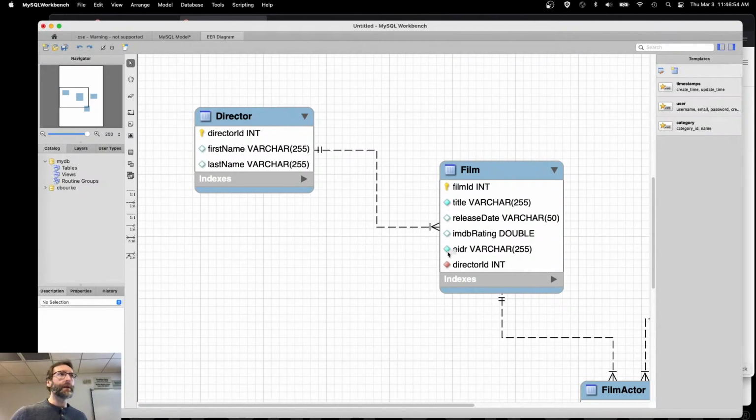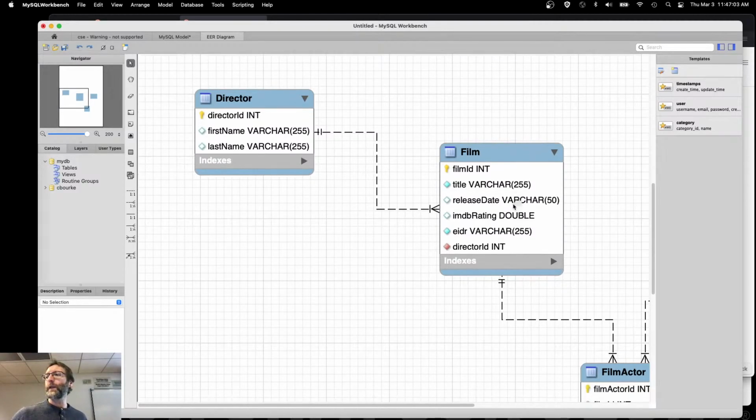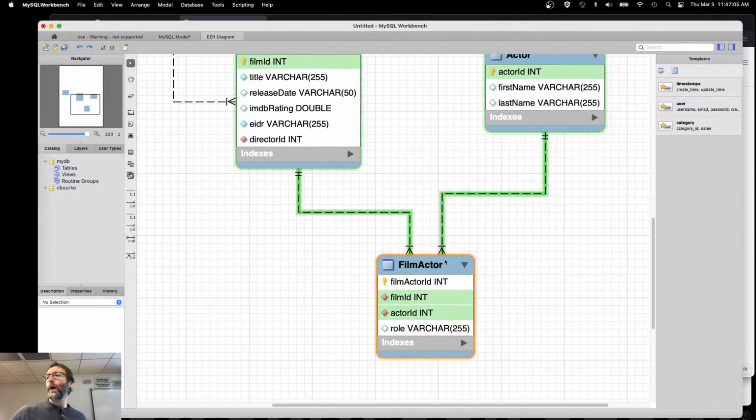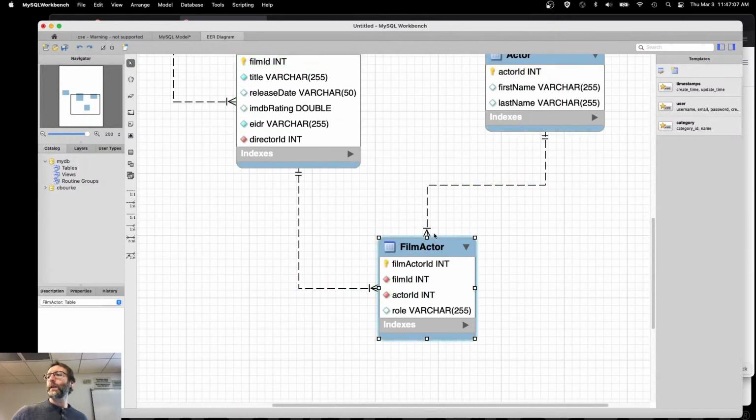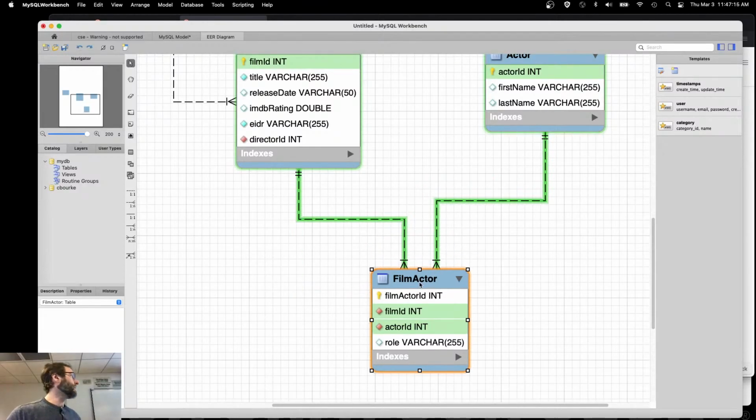If it's filled in, then it's not allowed to be null. Likewise, foreign keys are red. It tells you what the type is: varchar 255, varchar 50, etc. A double, and it also tells you the relationship between these two. If you hover over it, in fact, it'll tell you what the foreign key is that defines that relationship. ER diagram, generate it for free, put it in your design doc, and you've got your bonus points right there